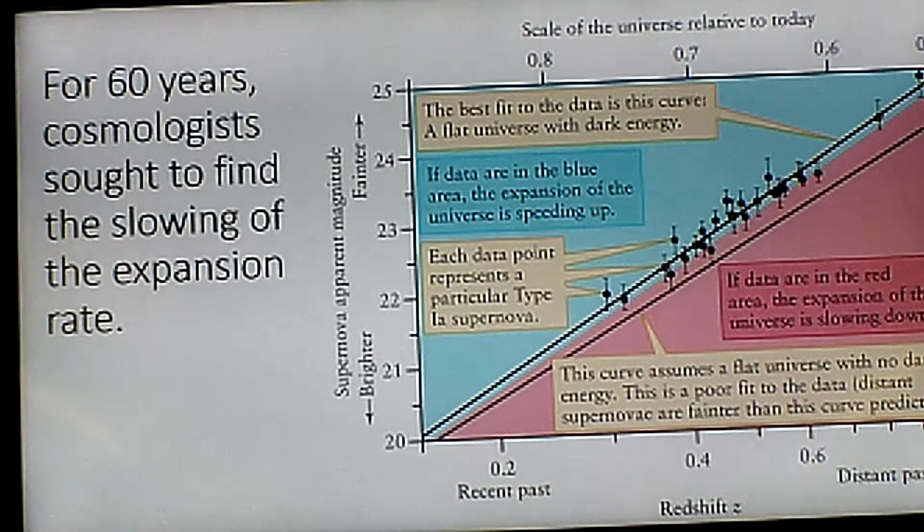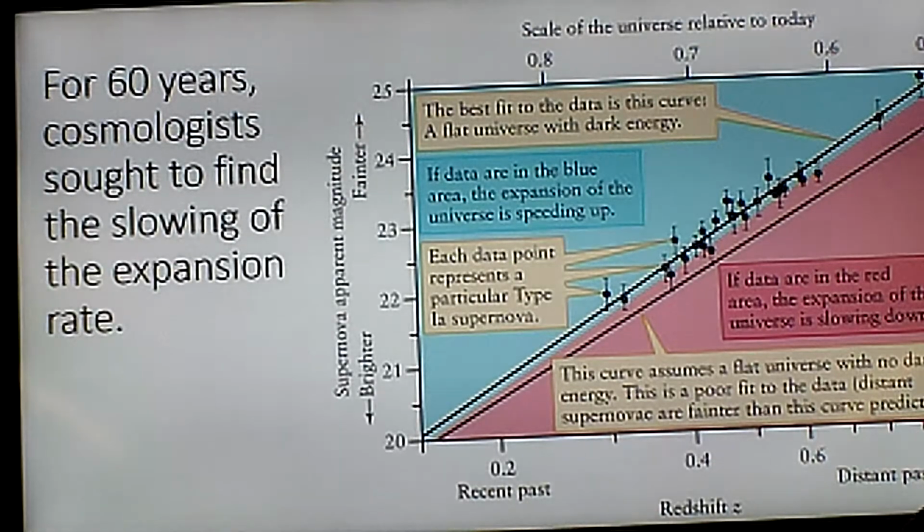So for 60 years, from the time of Hubble until 2010 or 2005, people thought that the expansion rate must slow down because there's a limited amount of energy in the universe. Instead, we get this. Each of these dots represents a galaxy. Any galaxy appearing in the pink area is evidence that the universe's expansion rate is slowing. Any dot that appears in the blue area says the expansion rate is accelerating.